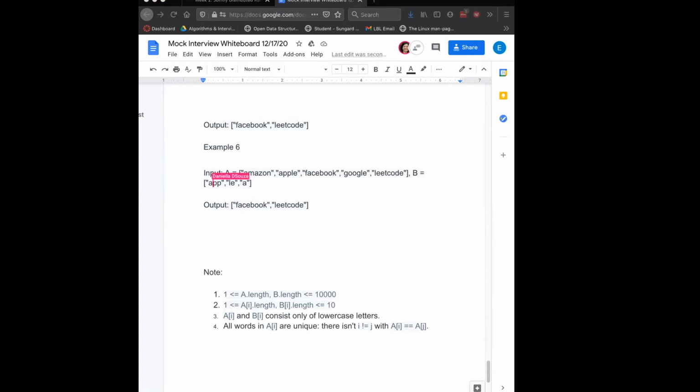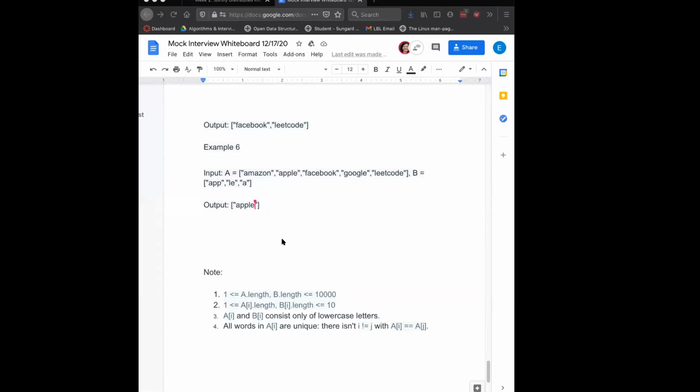They can appear multiple times, right? That's right in this case, okay, got it. So if you had APP, then this is a subset, LE. So this would just come down to Apple,